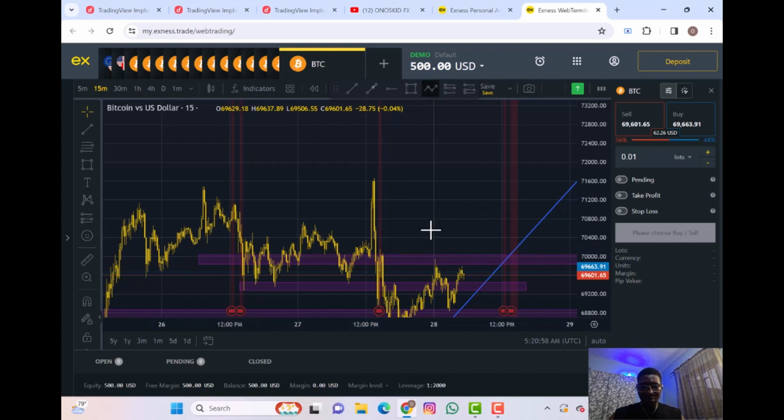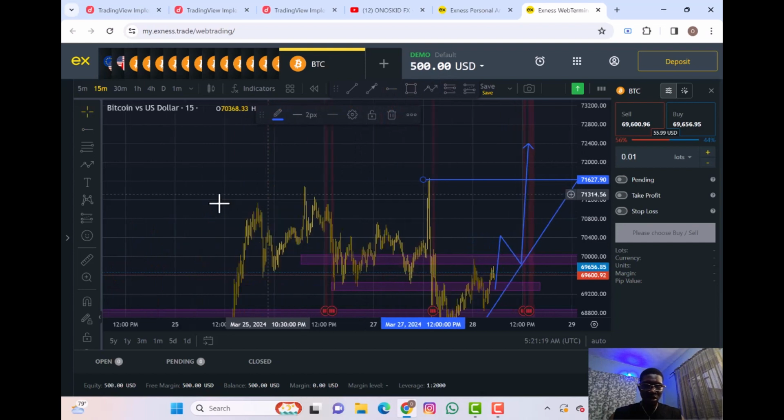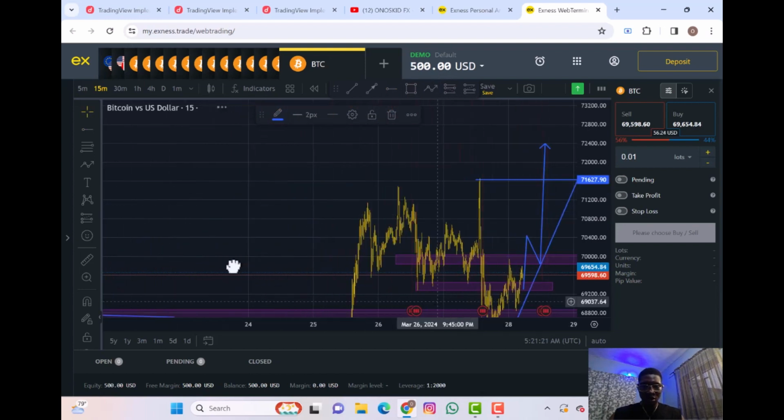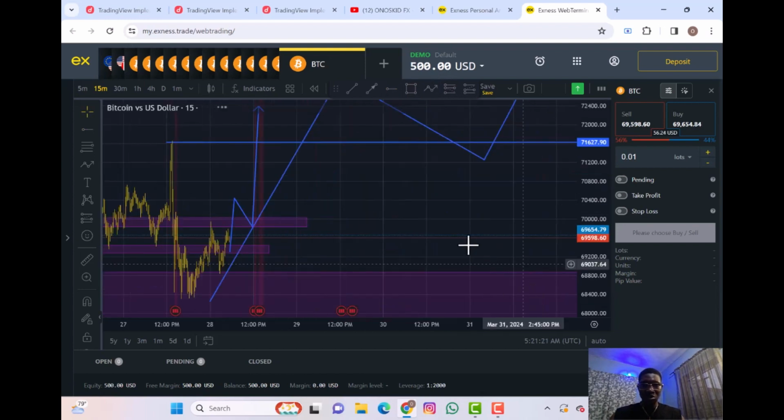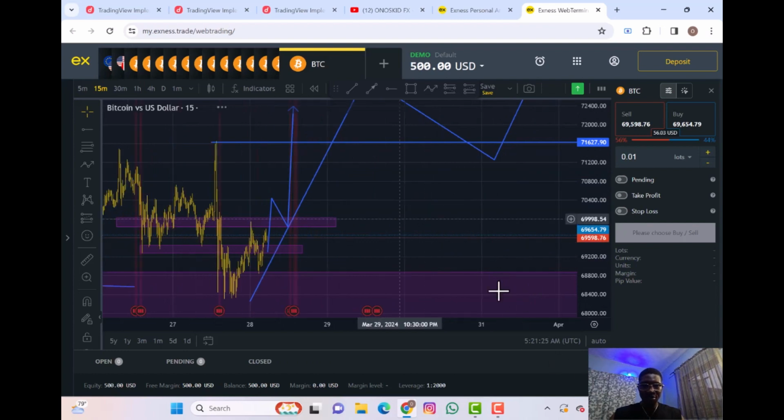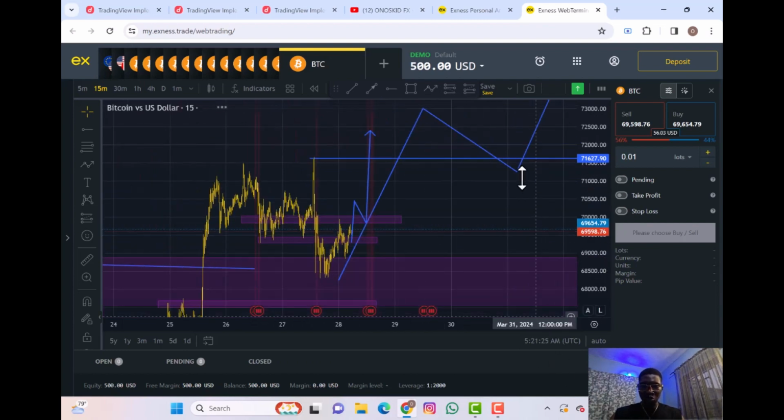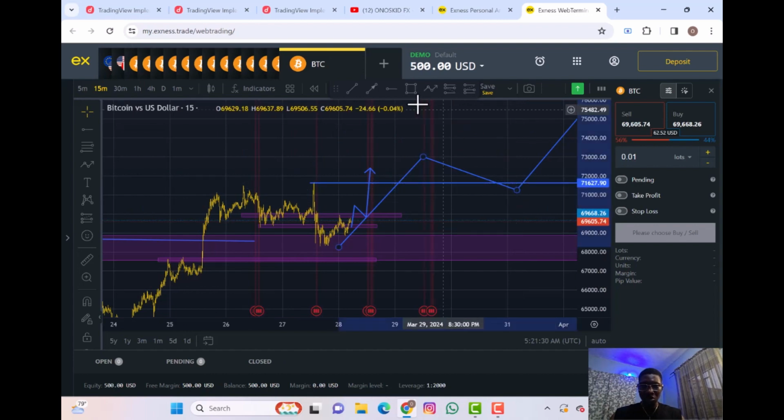And of course, I will be anticipating to make an entry here, but it's important to wait for this particular thing to break, and then it will come to this particular point, and you take your entry all the way to the upward side, targeting this particular level as a TP. So target this point as your TP, and if you want to go for long, especially the swing traders, you can always